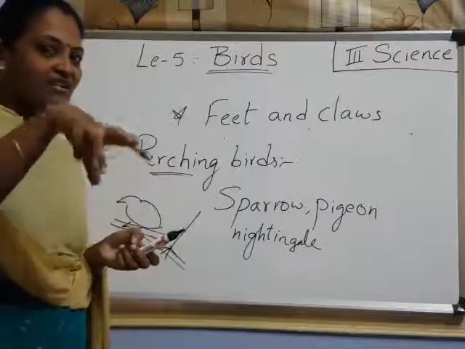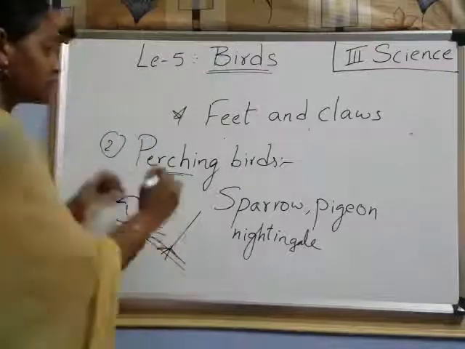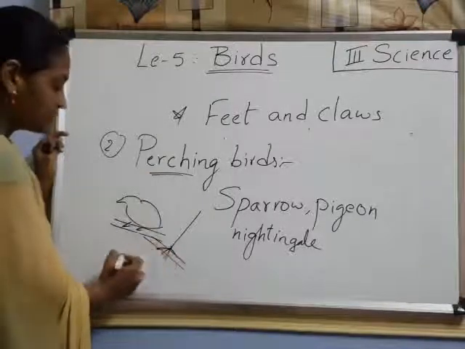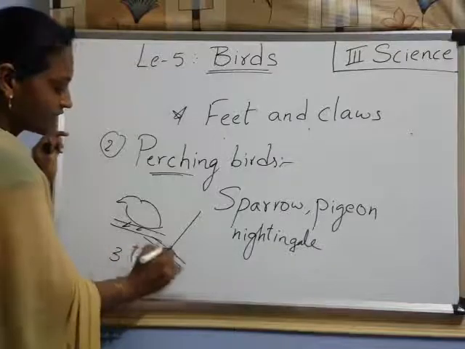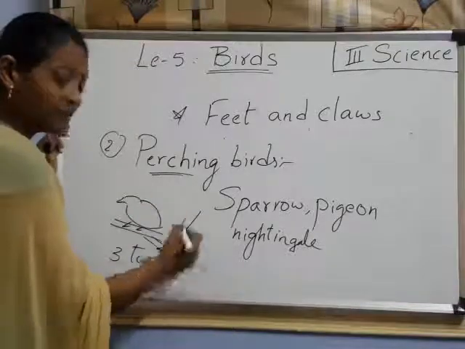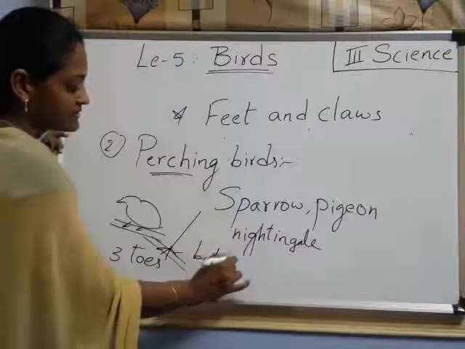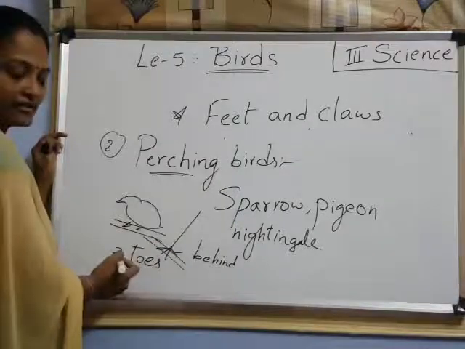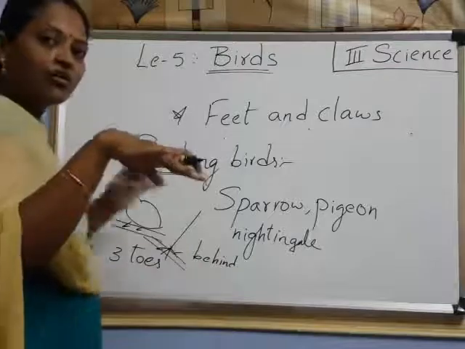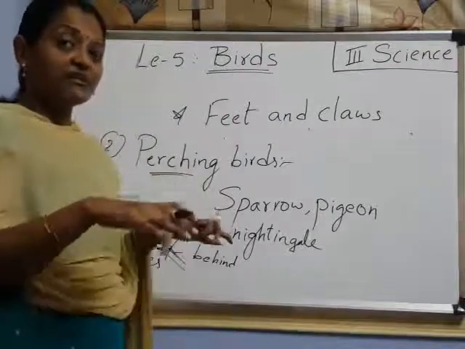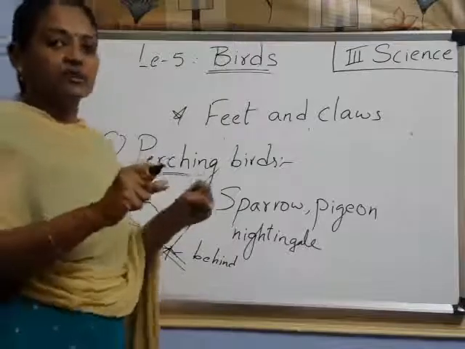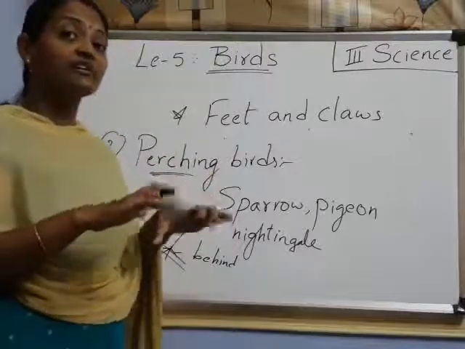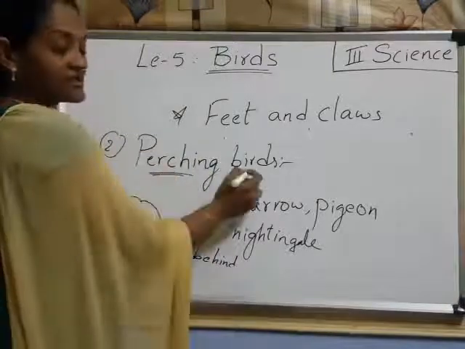If it has to catch anything, it has to hold it, right? So these perching birds rest on something by having these toes, generally 3 toes at the front and 1 at the back. Behind means at this side, 1 toe is behind so that they can hold the branch tightly and firmly. Firmly means even if anyone throws something at it, it won't fall, it holds very tightly. Understood? So those birds are called perching birds.